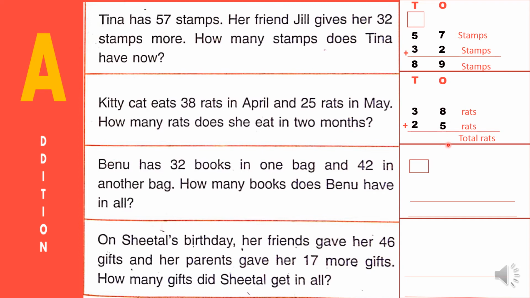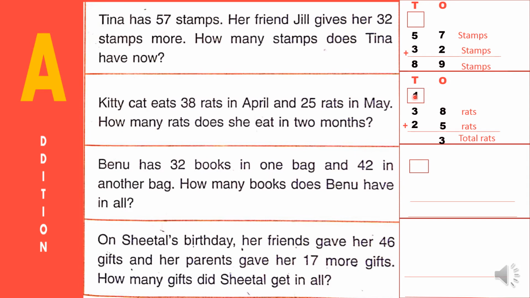No, I can't write like that. This is not the correct one. Okay, so 13. In 13, how many tens are there? How many ones are there? In 13, 3 ones are there, 1 ten is there. So I'm writing 3 in the ones place, 1 in the tens place.